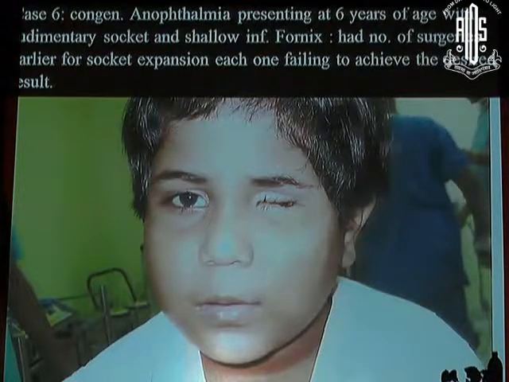And this is one example where she underwent repeated surgeries starting at 1 year of age. By the time she came to us at 6 years, she had had a number of surgeries. Every time the surgeon would take her to the OT, make fornix formation, some sort of expansion, a conformer would be put, and invariably within a month it would be expelled out. By the time she had come, there was very strong fibrosis; under general anesthesia, we could hardly put a conformer. There was complete lag of the fornices, and it was a matter of time before it was expelled. Unfortunately, we could not fit her with a prosthesis.